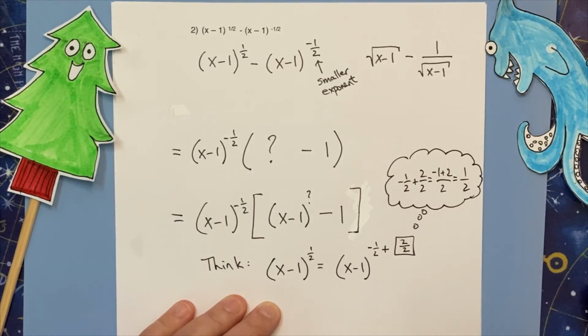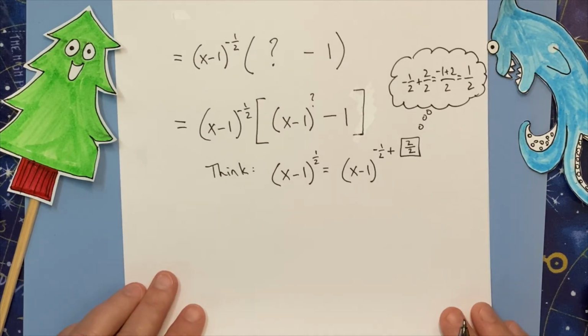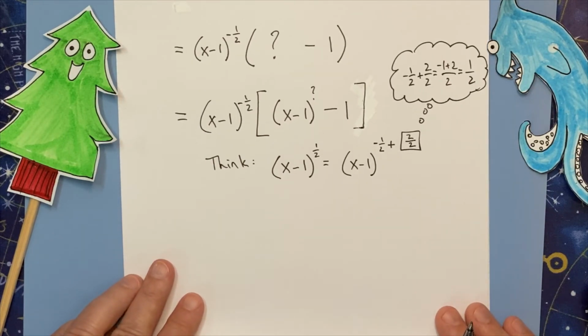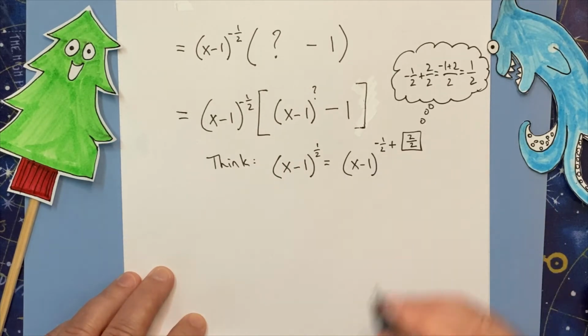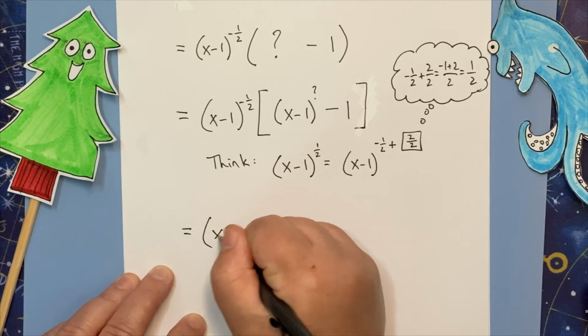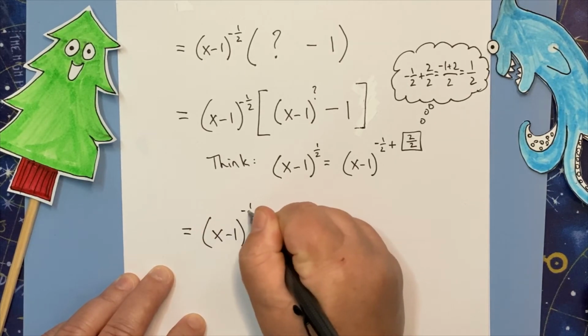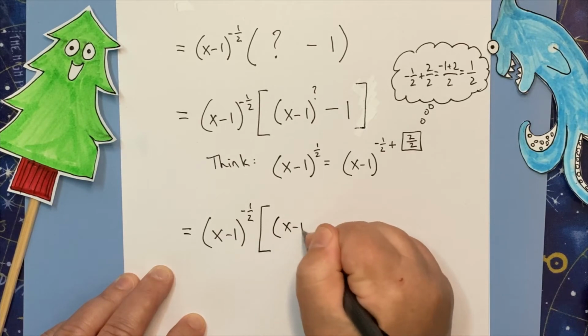So when I'm factoring out a negative 1/2, I'm subtracting negative 1/2. So I end up with x minus 1 to the negative 1/2 times the quantity x minus 1 to the